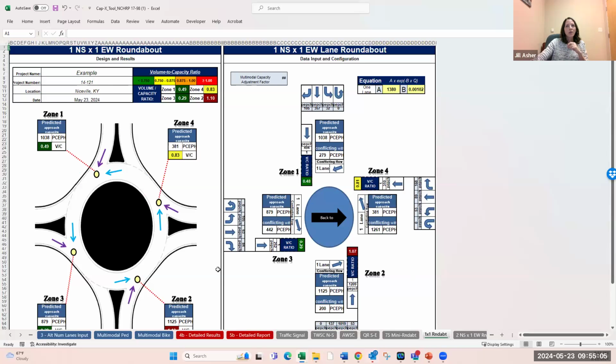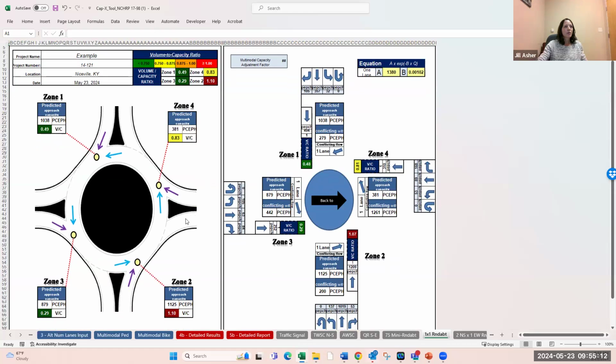All right, so the 1x1, I'm going to take a little bit of time to talk about this 1-lane roundabout. You can see, again, we need to keep in mind that these are projected volumes 20 years into the future. And most of these movements work. So most of them are under capacity or not quite to capacity in the future. The one that's not is this really heavy northbound movement. And there's things that the CapEx doesn't do. It doesn't look at right turn lanes, your bypass rights, and